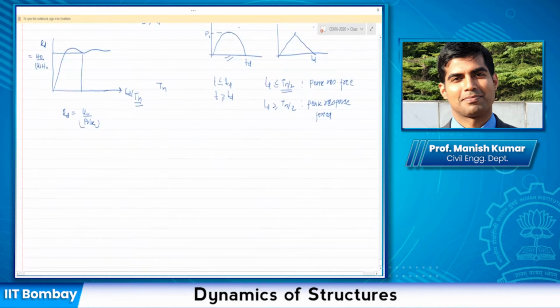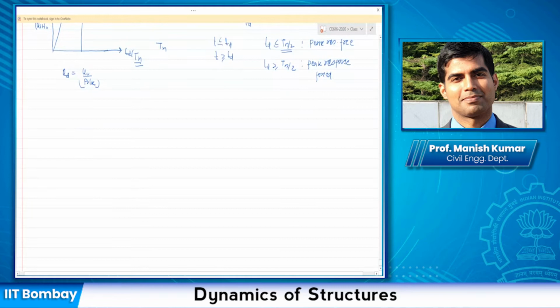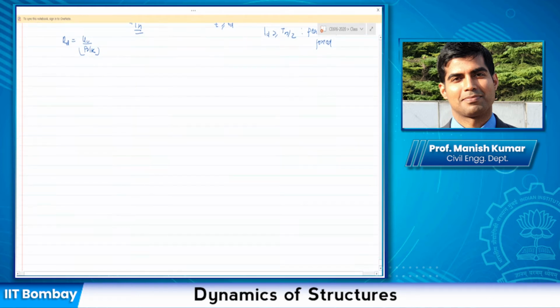So these are different cases for which we have derived the response. Understanding the behavior is more important, rather than remembering the equation. Now, let us say we consider three types of pulses, and let me give you an example of those three types of pulses. In one case, I have a rectangular pulse. All of these are variations of force versus time.